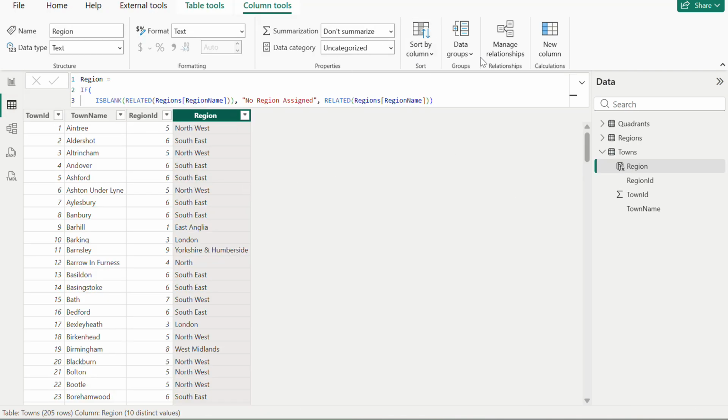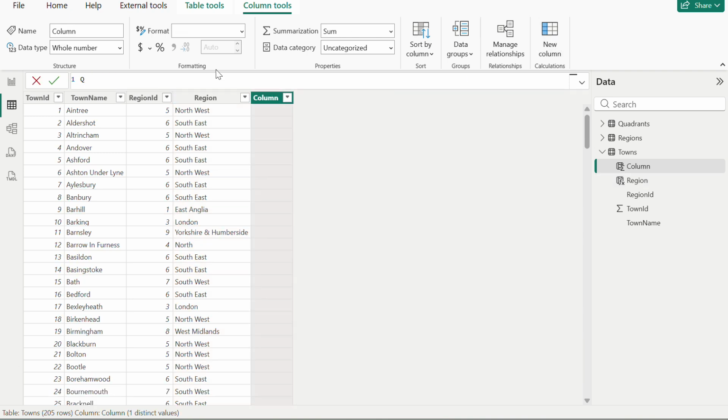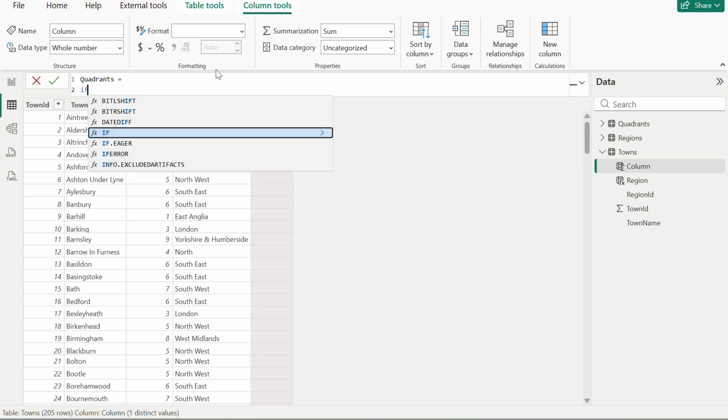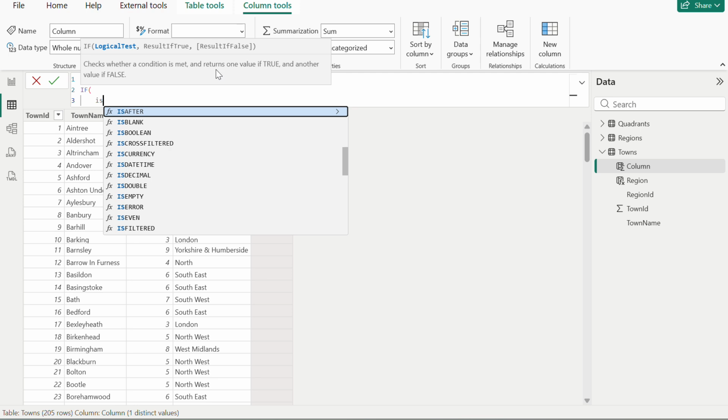Now we will add one more column with the quadrant column. So, quadrants. We will use the same tactic. If is blank,